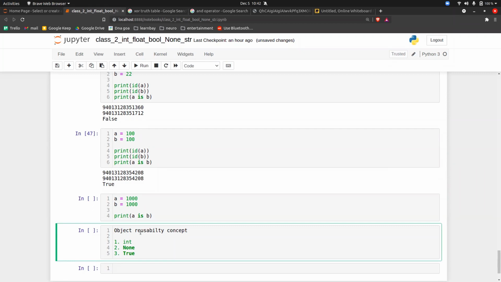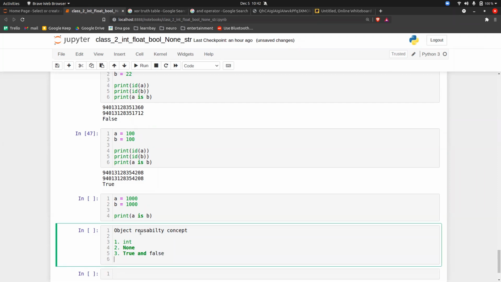Guys, when I say object reusability, the meaning is: A equal to 10, B equal to 20, so the same object you can reuse multiple times, right? That is the meaning of object reusability. So the object reusability concept is possible for integers, for None, for True and False, and it is also possible for strings.